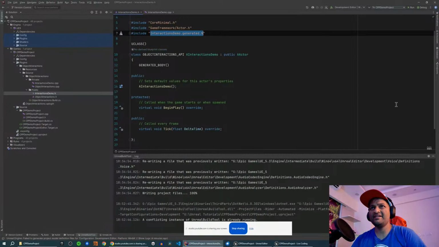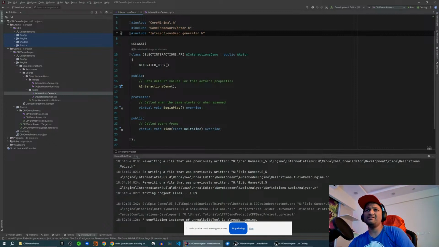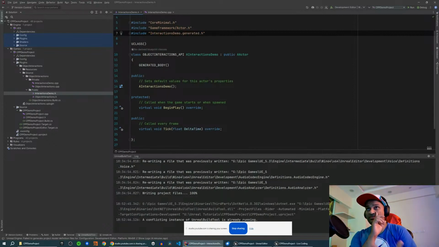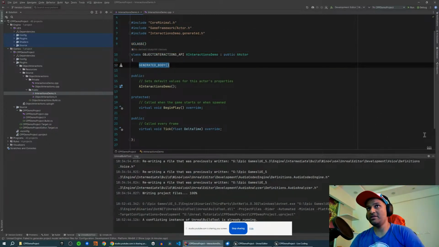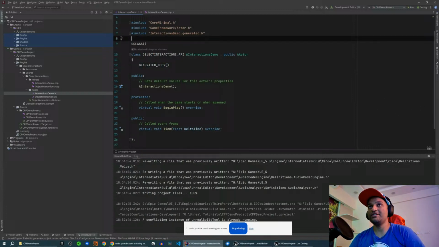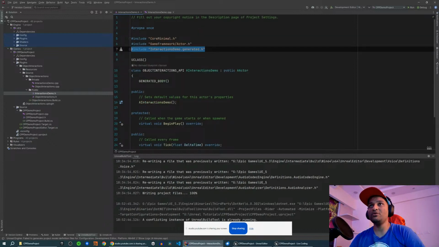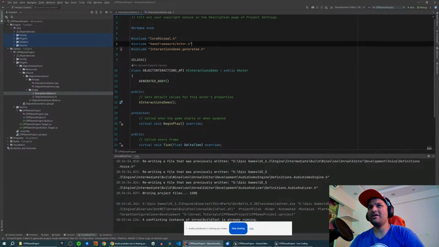So this generated.h is a temporary file which is generated automatically by your development editor when a class is being compiled, and for that, whenever you're declaring a UCLASS you also have to use this, otherwise Unreal will think that this is not an Unreal class. So GENERATED_BODY is important, and you also need to mention that, otherwise it is going to give a compile error, because like I mentioned, this is going to be the last statement of your includes, and any other dependencies that you have, you add them over here. Okay,